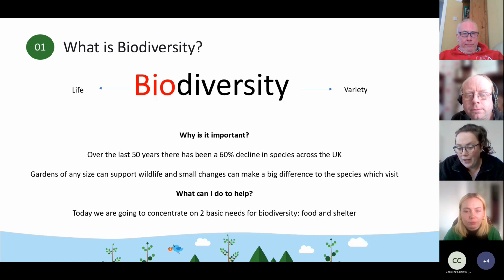because we know that there is a biodiversity crisis in the UK. We have lost 60% of our species across the UK in the last 50 years. But even small things can make a massive difference to that. So even the tiniest garden to the biggest park, they all help with improving our biodiversity and just making the city a better place for both people and for the nature that can live there as well.